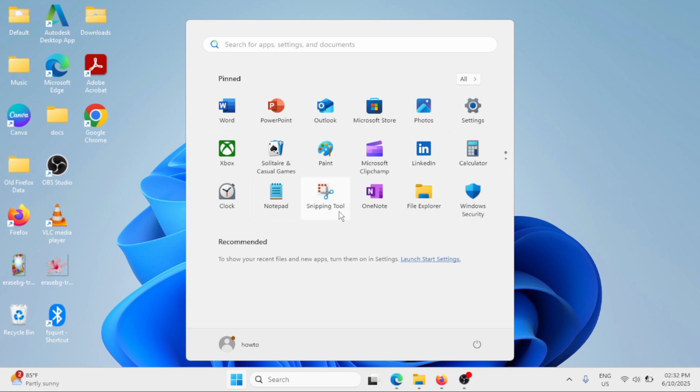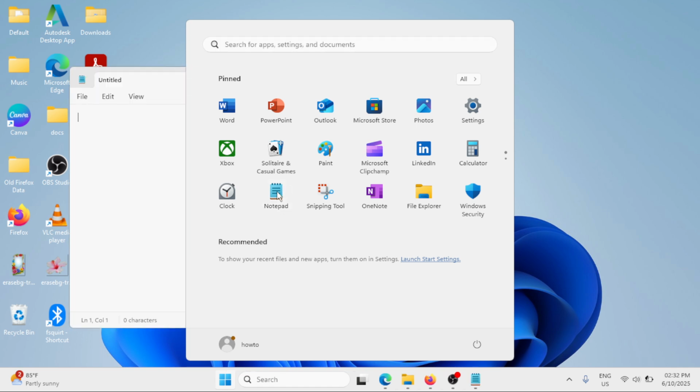Now here, if you can find that program, let's say for example, I have this Notepad. I'm just going to press the Windows key and then click for how many times you want to open the Notepad. So I'm going to open it two times, or two instances. I'm just going to click twice.